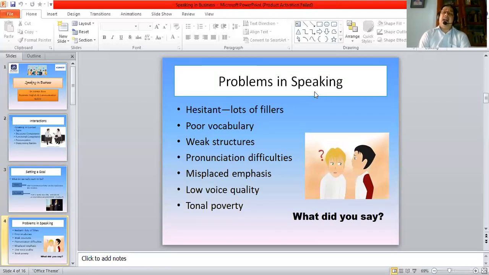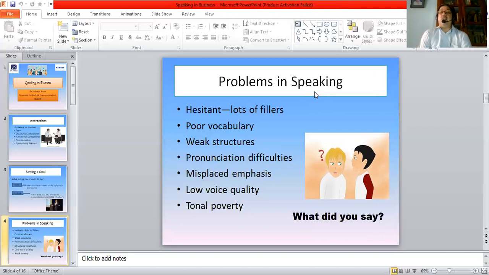To begin with, I think we can note that, in fact, people suffer from various problems when they are speaking in the workplace or even in general. So it's good to have reasonably high standard goals, but we also need to be realistic and to note that there are, in fact, various problems that we encounter in our daily interactions with others in the workplace or business context.